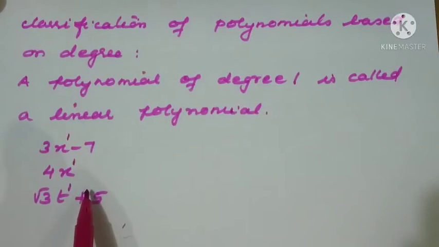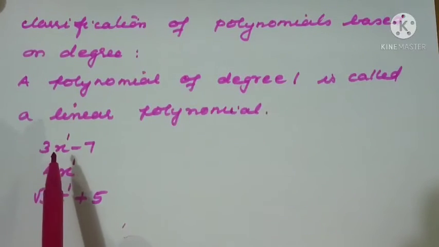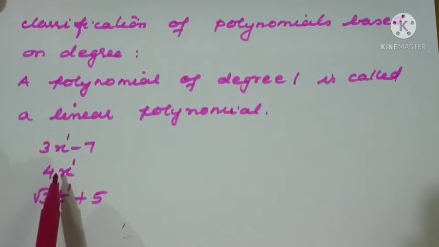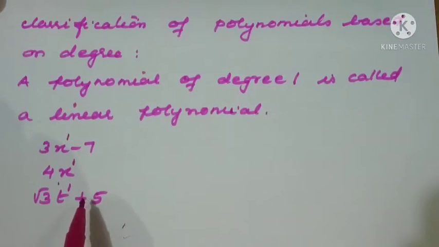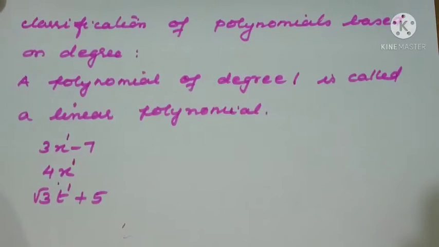Now the point we can connect here is that whether it is a linear polynomial, it doesn't matter that it is a monomial or a binomial. Sometimes it may be a monomial and sometimes it may be a binomial. That does not count here. Here we have to check only the power of the variable. We are not concerned with how many terms are there. The maximum power of the variable in the case of a linear polynomial is 1 only. It can be a monomial, it can be a binomial.